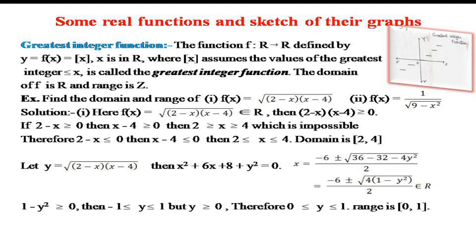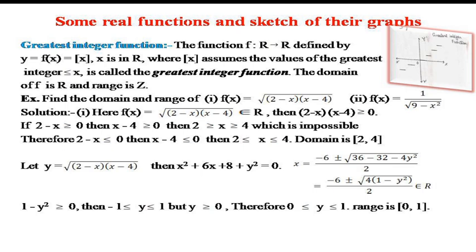So in that way we can find the value of the greatest integer function. The domain of this function is R, and the range of this function is nothing but your set of integers. If we draw the graph of that type of function, we will get some straight lines which are parallel to the x-axis, but there are some parts of the graph where we can't join these lines.